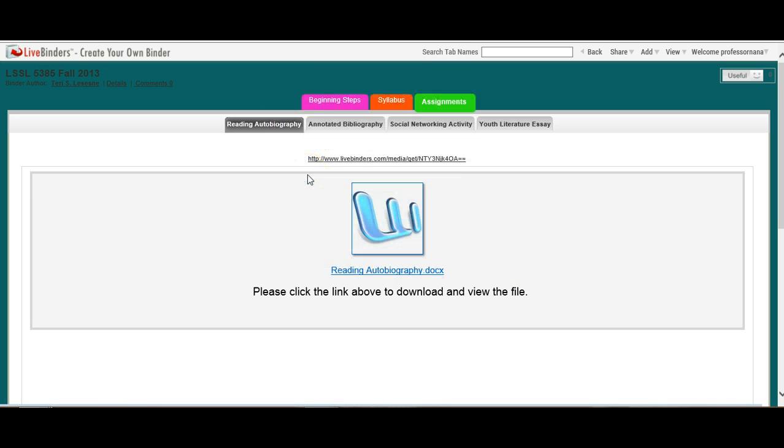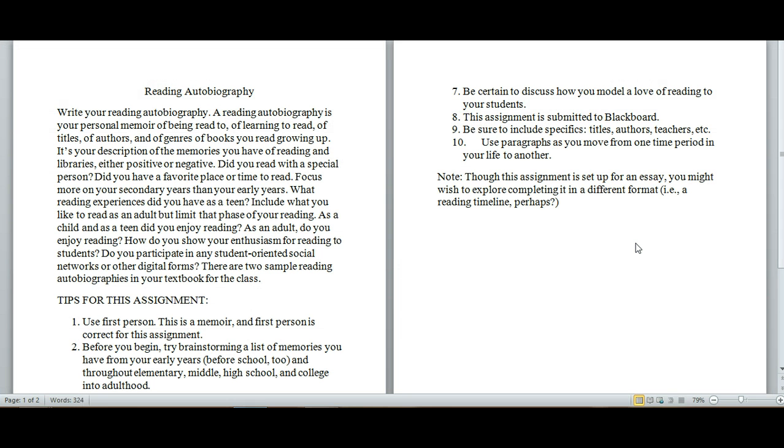You may elect either to open it, to save it, or to save it as and give it a different name. That's totally up to you. We're just going to go ahead and open this file and take a look at the details for the assignment on the reading autobiography. As I said, this is the first assignment you do for class. I do think it's a fairly simple one, fairly straightforward, but I do want to review all of the assignments